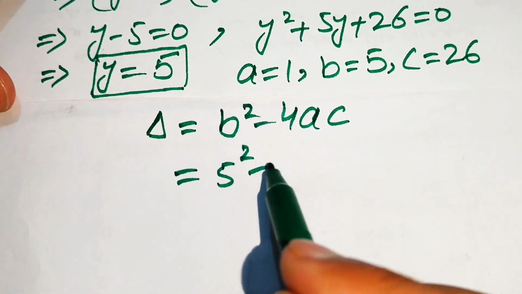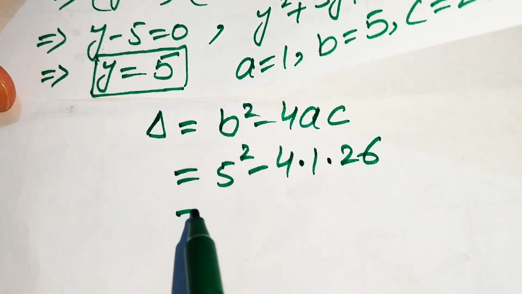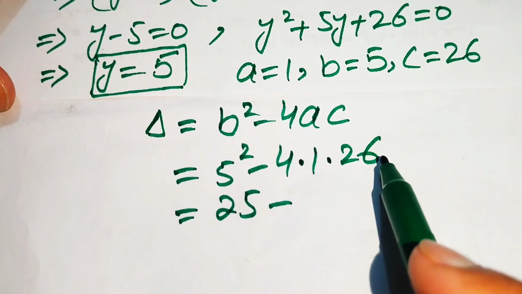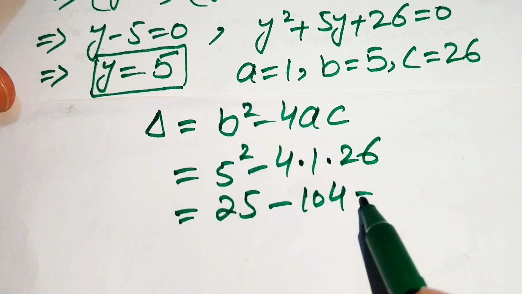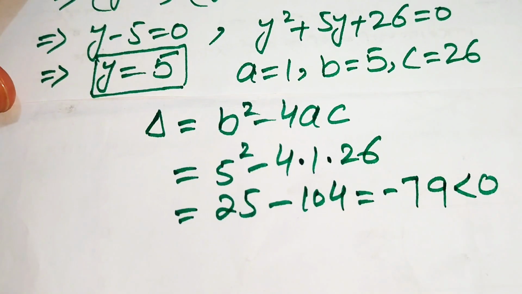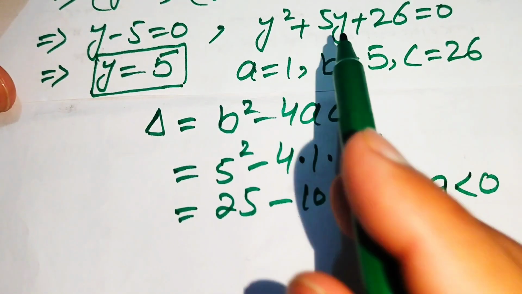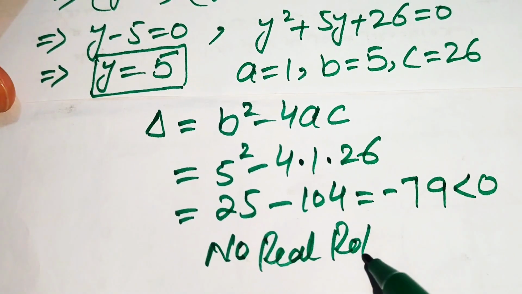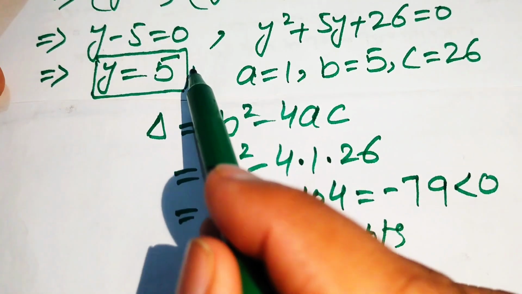So here we substitute the values of a, b and c: b is 5 squared minus 4 times a is 1 and c is 26. So we get 25 minus 4 times 26, which is 104, and when you subtract these two values you get -79. So you see our delta is less than 0. If delta is less than 0, it means that this quadratic equation has no real root. So if it has no real roots, then we reject this case and proceed with this case